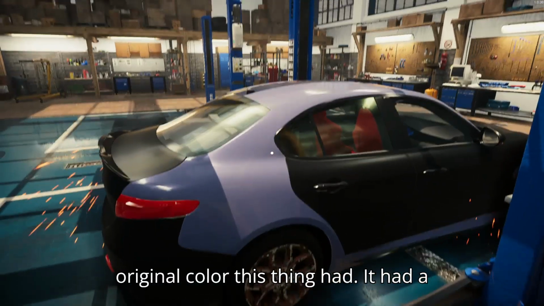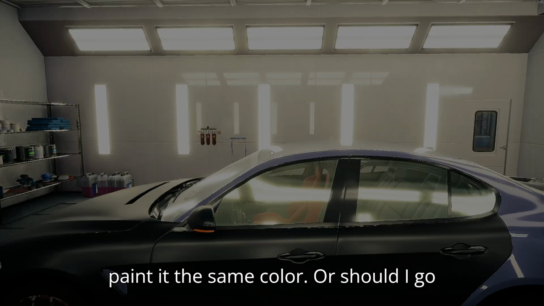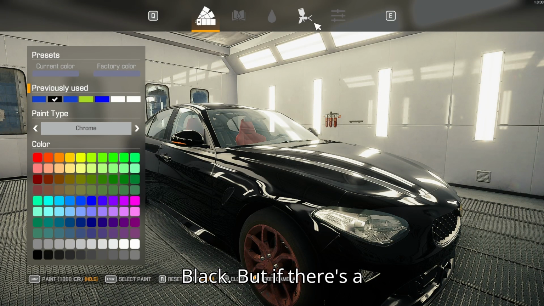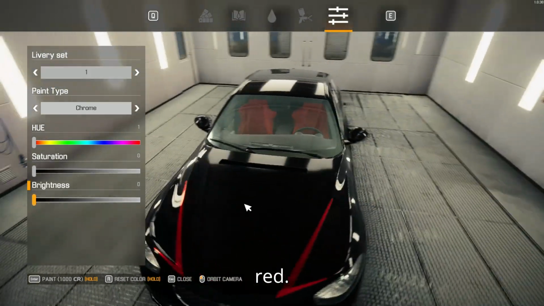Honestly, I really liked the original color this thing had. This thing had a really nice color to it. So I'm gonna paint it the same color. Or should I go with racing red? You know what, I'm probably gonna go with black. But if there's a livery, like red,